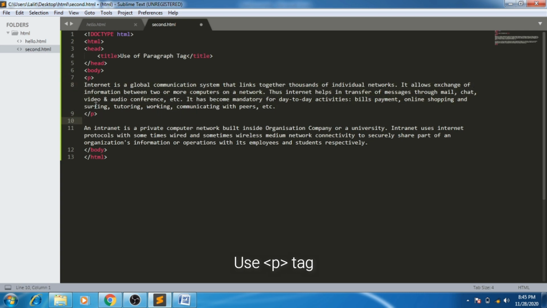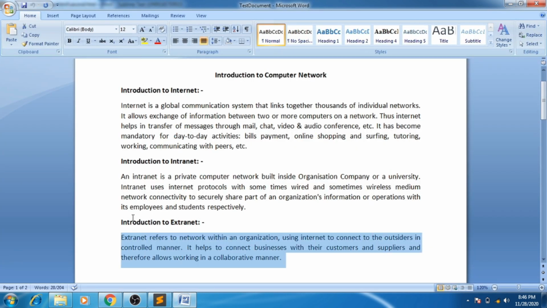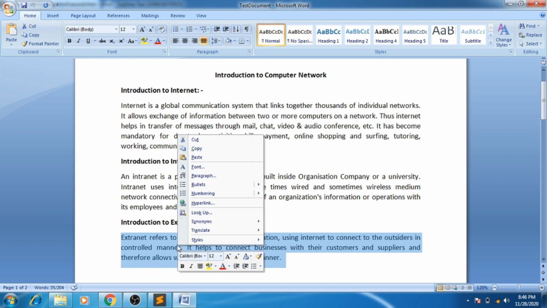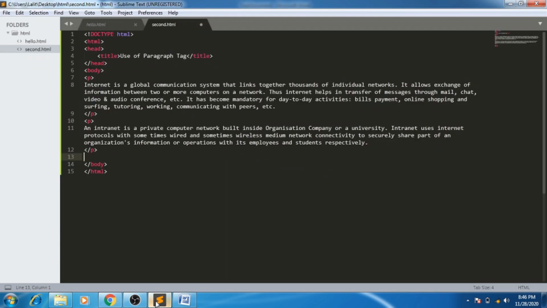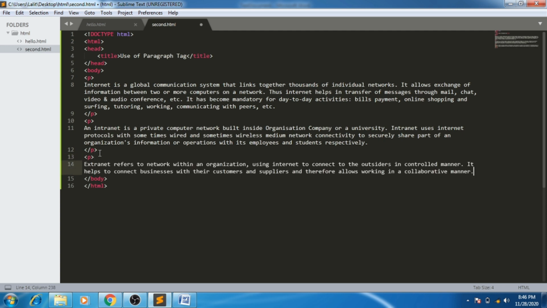Same as for the second block of text, I am going to write opening and closing paragraph tag.